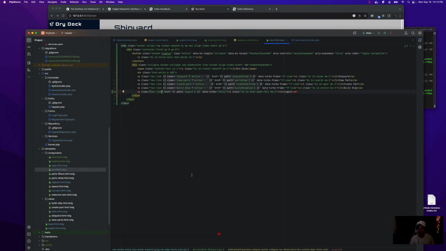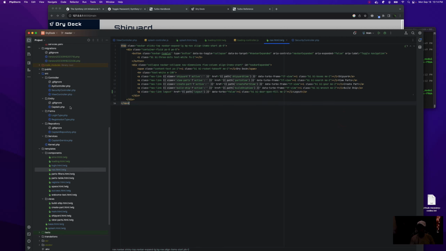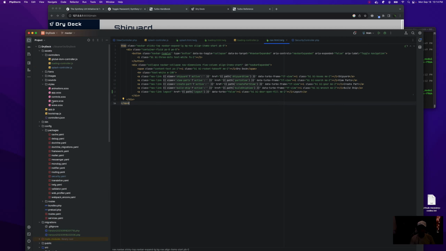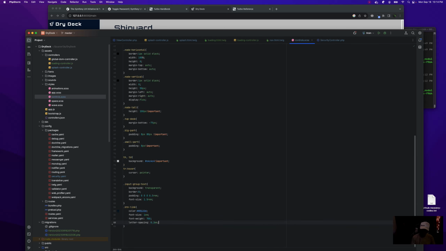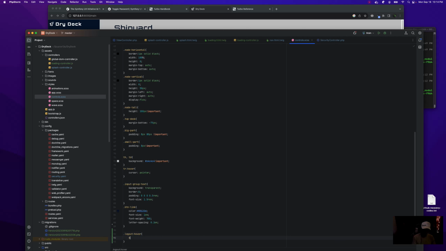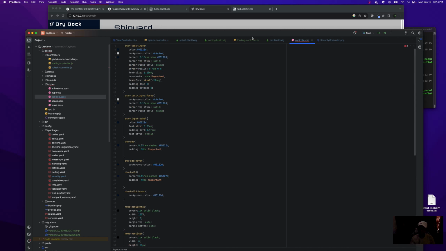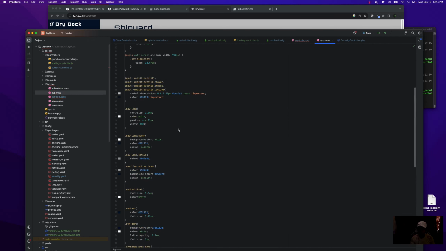When we hover, it'll go red. Let's do that. Logout class, and we'll go up to what? Controls. That's fine. No problem. Logout on hover. Background. Give me a red. Let's get a nice red someplace.